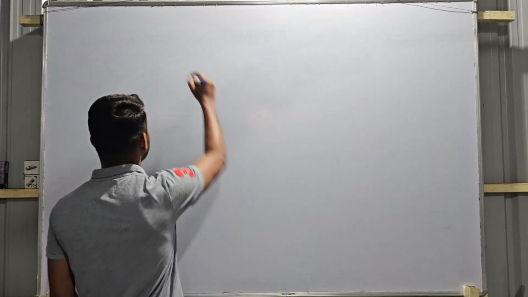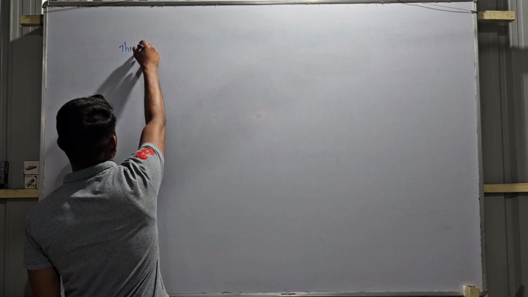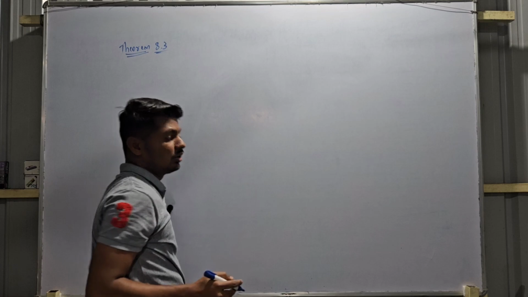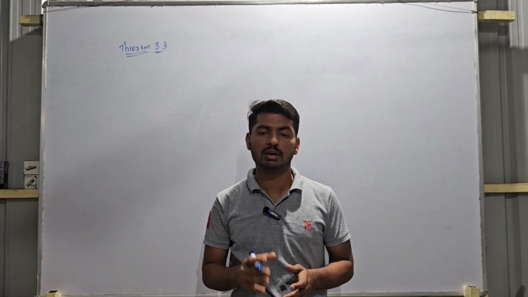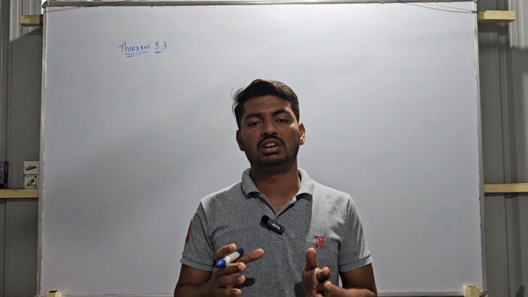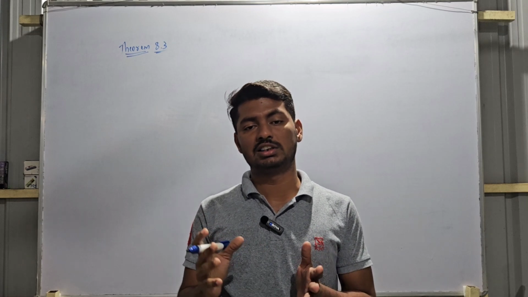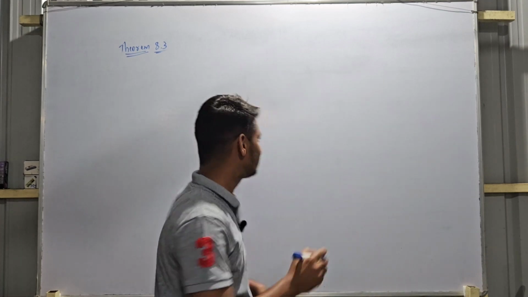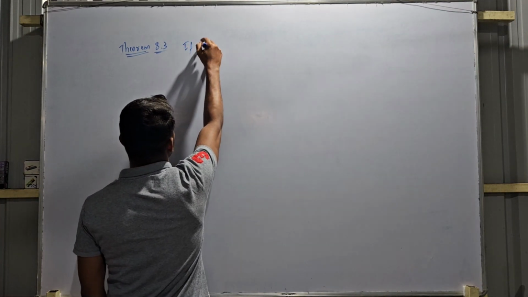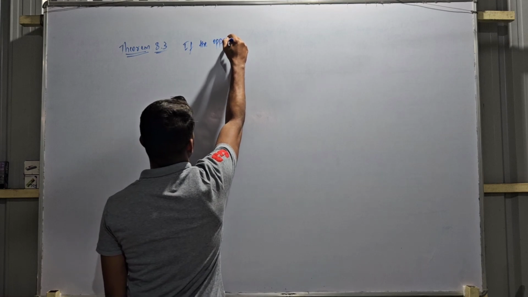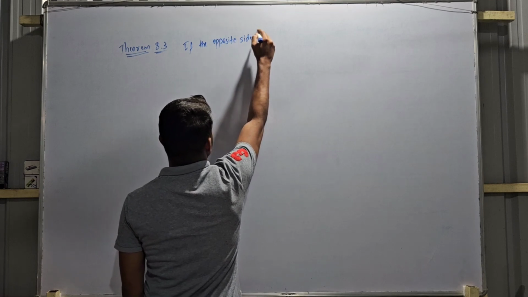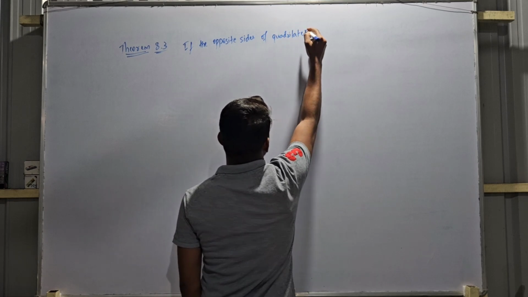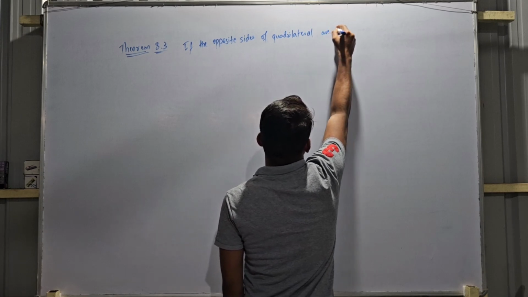Now we will discuss theorem number 3. Okay, total 7 theorems we have. In that, the third theorem, theorem number 8.3. So students, we saw that in theorem number 8.2, if a quadrilateral is a parallelogram, then the opposite sides are equal. Then what about the converse of it? That is, if the opposite sides of any quadrilateral are equal,